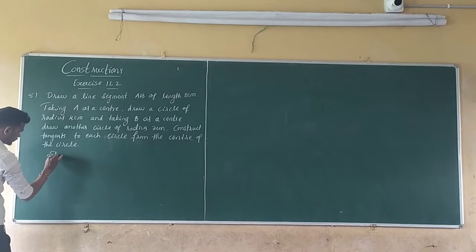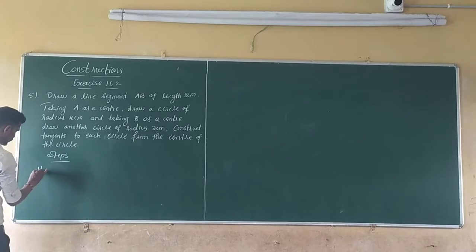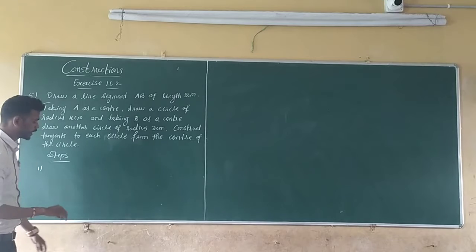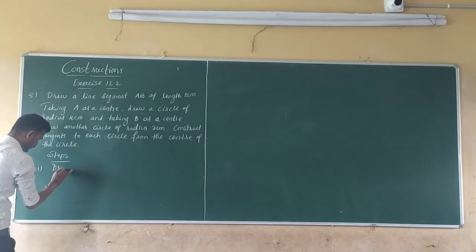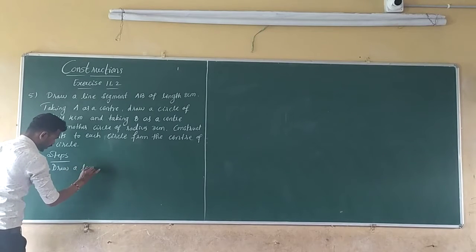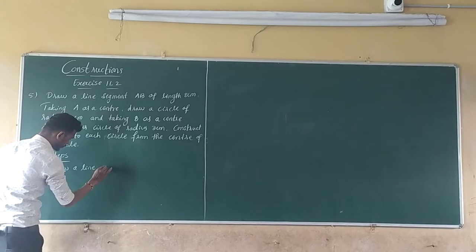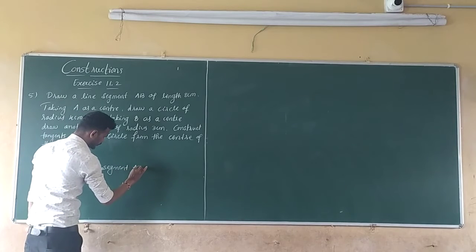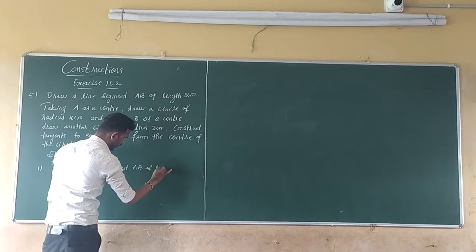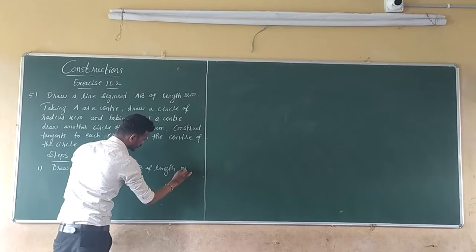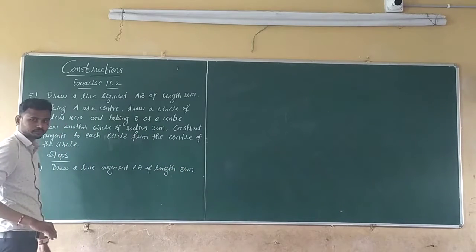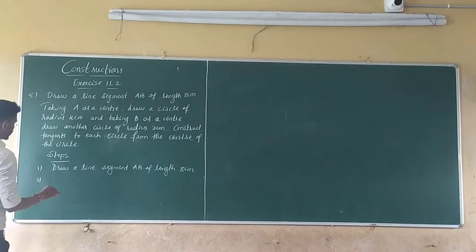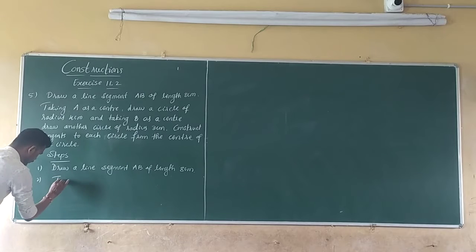Steps of construction. First step is draw a line segment AB of length 8 cm. And next, second step is taking A as a center,